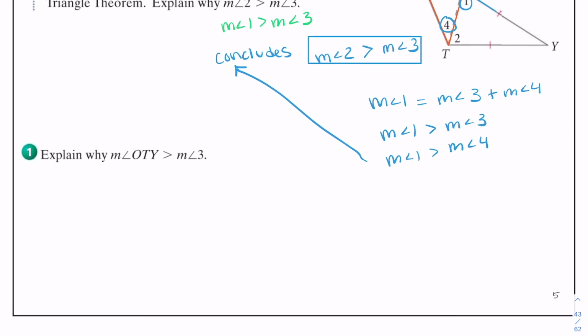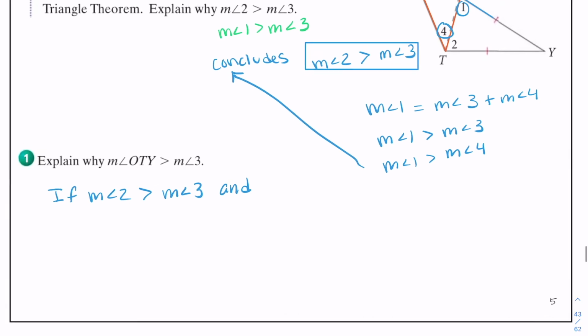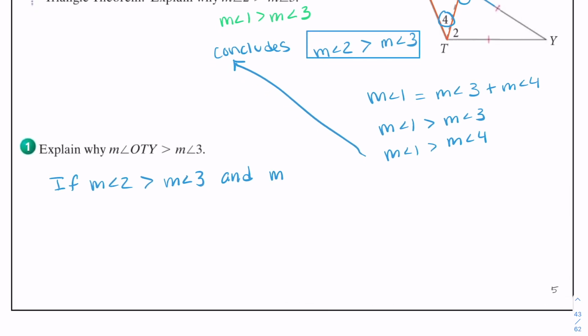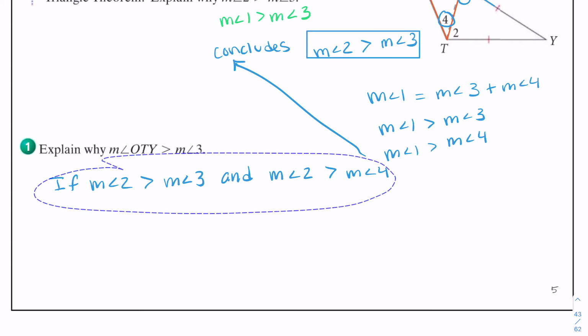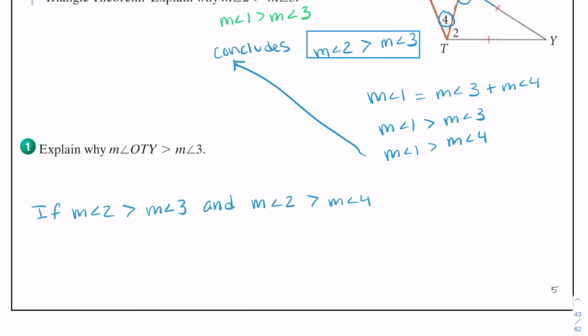Well, if the measure of angle 2 is greater than the measure of angle 3, and if the measure of angle 2 is also greater than the measure of angle 4, then